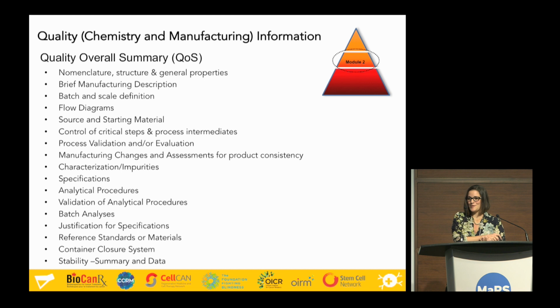And then there's the quads. I know Gail had talked a little bit about this earlier, but I think the biggest thing in here is that all of the stability and all of the validation and all this data that you're generating in the cell manufacturing facility, this is where it's all going to be summarized. And you don't just do it once, you have to do it 2, 3, 4 times, because what you're trying to demonstrate to Health Canada and to all the reviewers is that your product is safe,